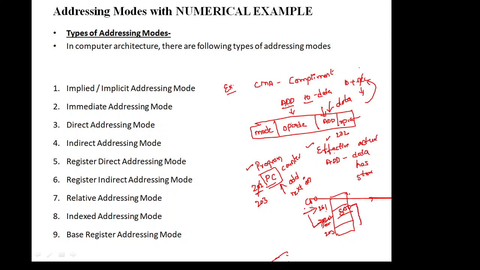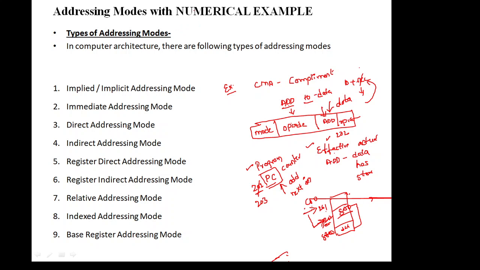Again we have to go to the 800 address. Suppose this is the 800 address, then here we will get the data. So this is indirect. If we are talking regarding the memory, direct addressing mode and indirect addressing mode. If we are talking regarding the registers, register direct addressing mode and register indirect addressing mode.